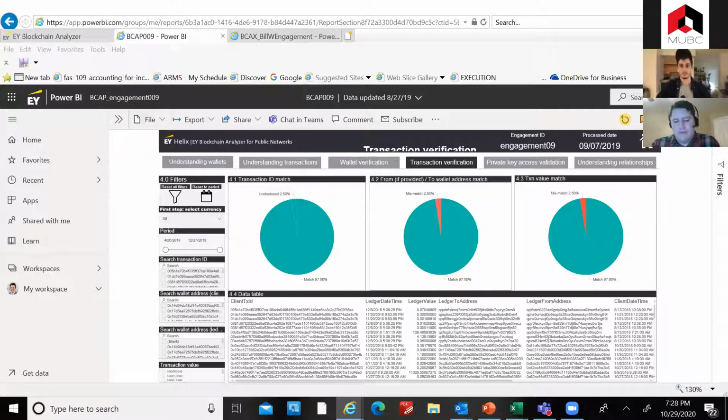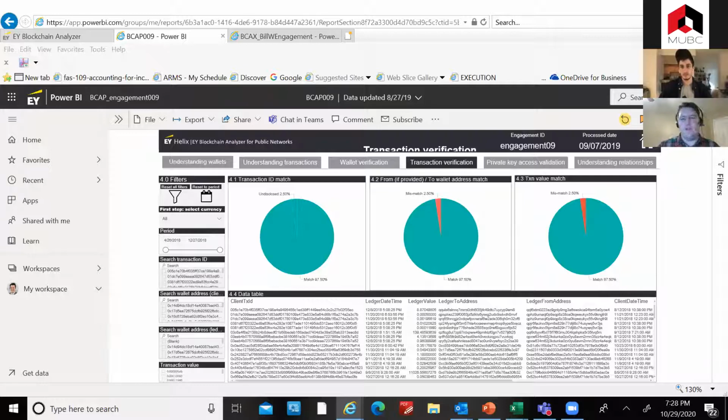So we have clients who have consortiums who have started private blockchains, and we have auditor nodes on those blockchains. It's been mentioned here before, but it's important for us to get access to the node because it's pretty much an entire records database that we have access to, where instead of obtaining the data from the client as far as journal entries, we have access to a node which obtains